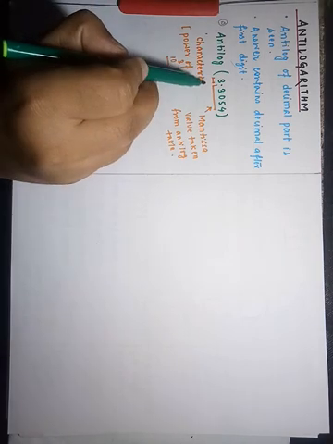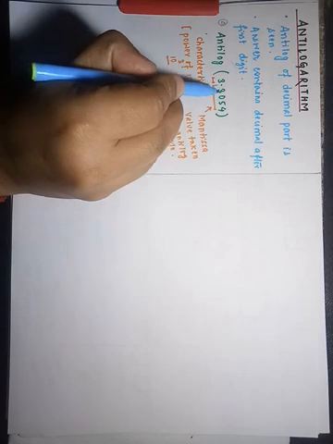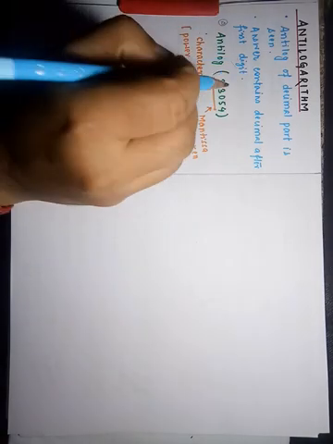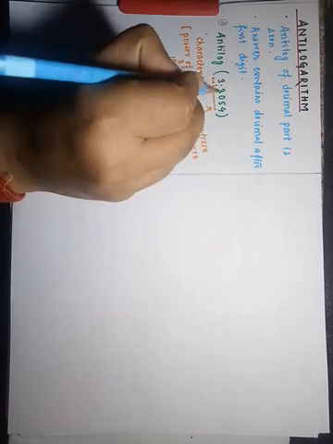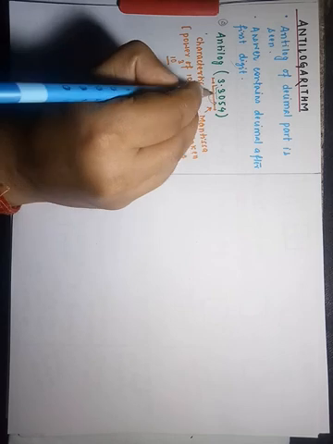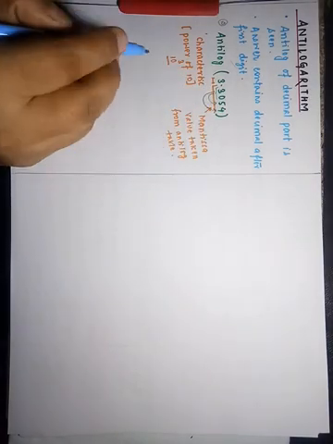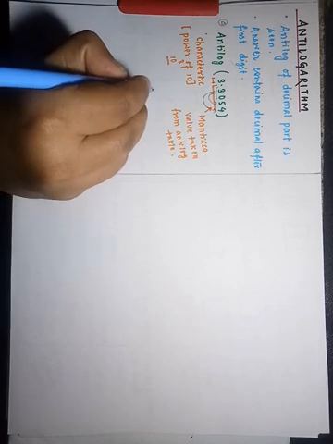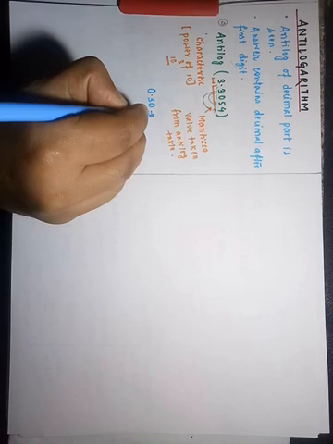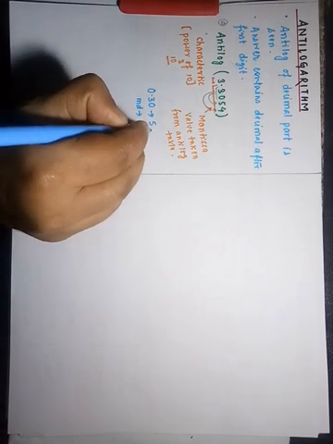So we have to see the value of 0.30 in column 5. Just take the first two digits after the decimal, similar to what we did in logarithm. So 0.30 value we will see in column 5, and for the next digit 4 we will take its mean difference. So in the antilog table, students, we have to see the value of 0.30 in column 5, and take the mean difference of 4.